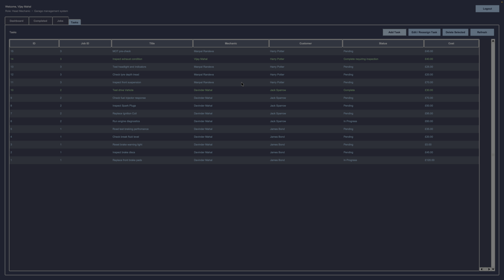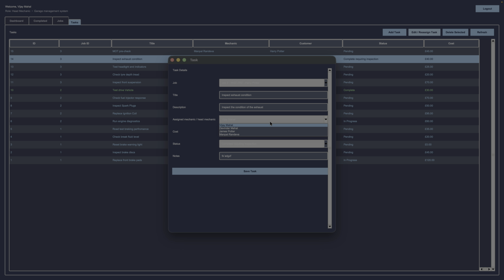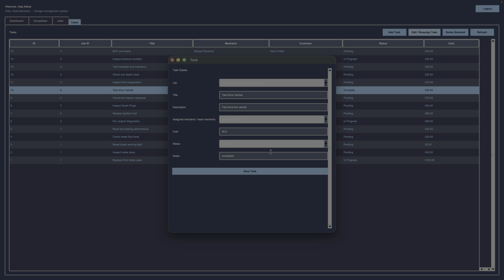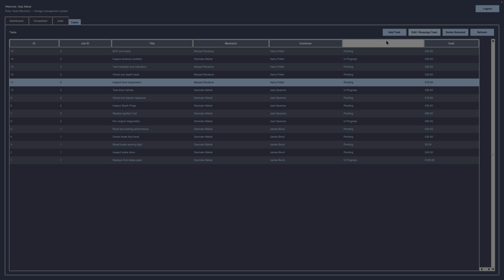Now, coming to the requirement that you cannot have more than 10 tasks assigned to any given mechanic, I will try and reassign this task to another mechanic, in this case the vendor, and change the state and click save task. And if I then edit this task and change it, now if I create this task here and assign it to the vendor,